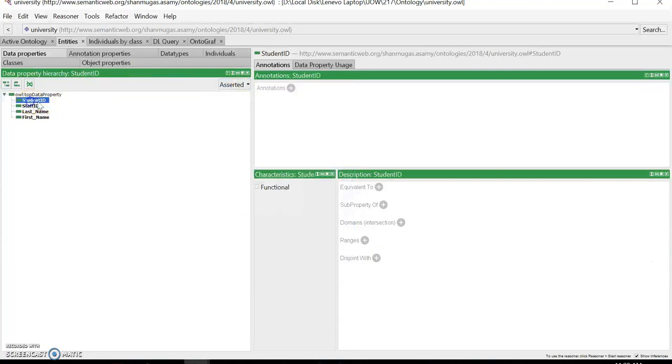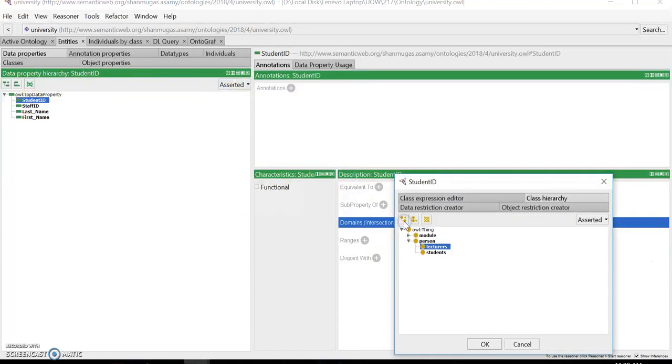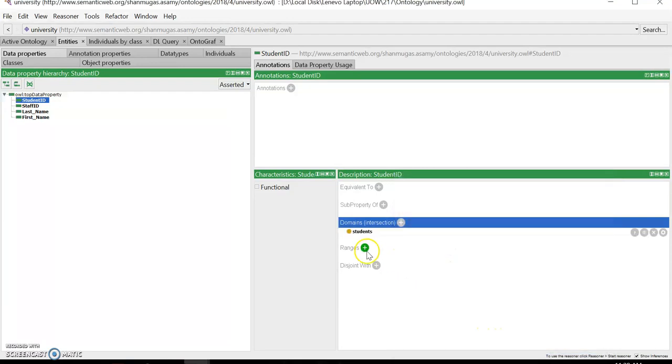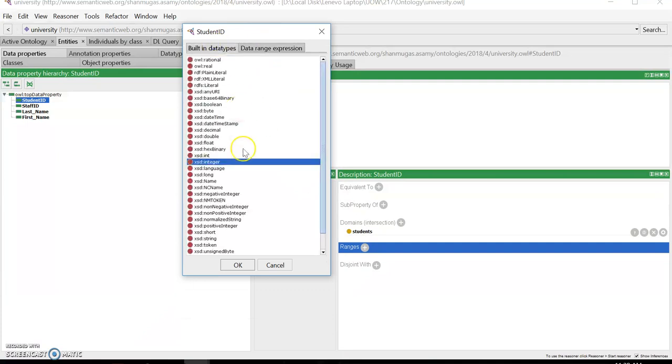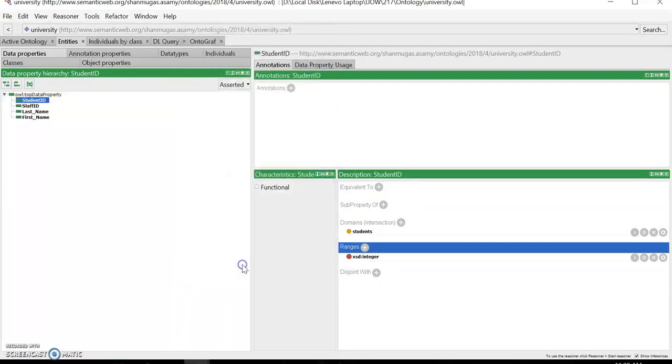For student ID, also the domain is students, right? And the range, okay, so it's integer. Okay, great. So those are the data properties, right? And then, once you have set up the data properties, which are the domains and the ranges, we can